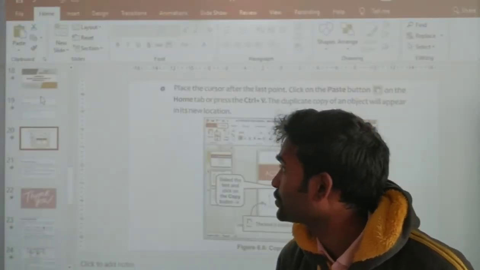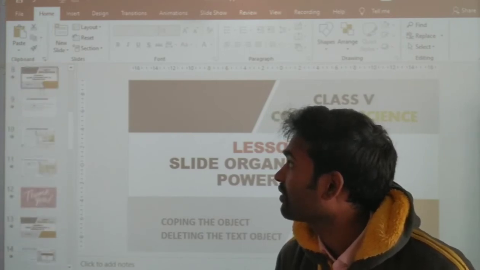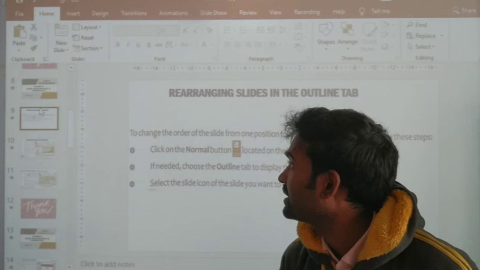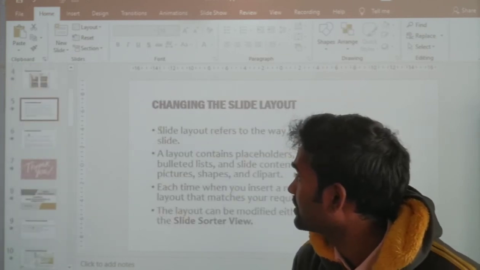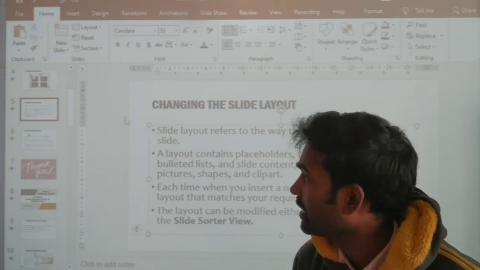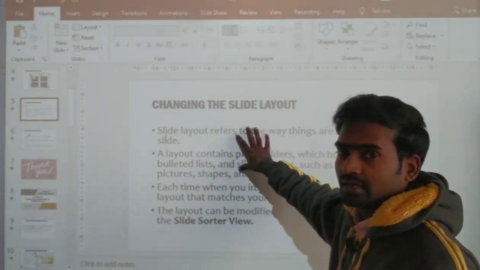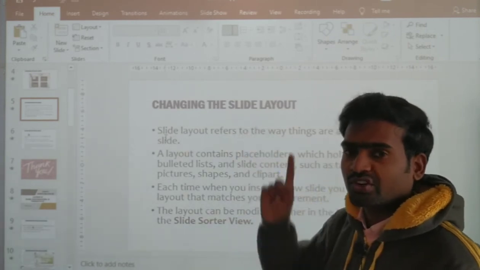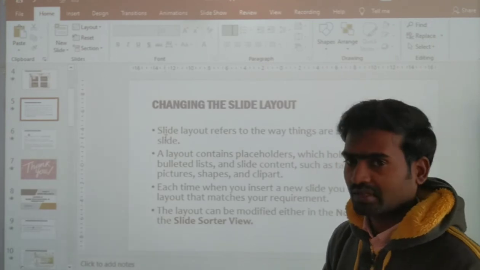I will just choose some text here. After selecting it, that will be deleted. Here I just want to remove this particular one. How to delete it? There are two ways, one from the keyboard and another from the mouse. I will show you now.